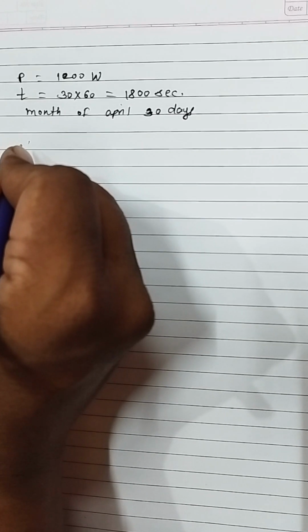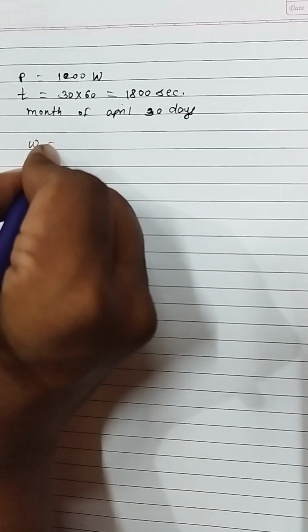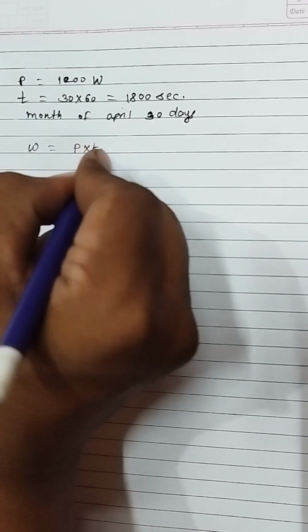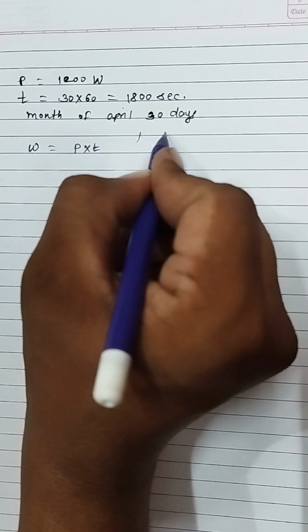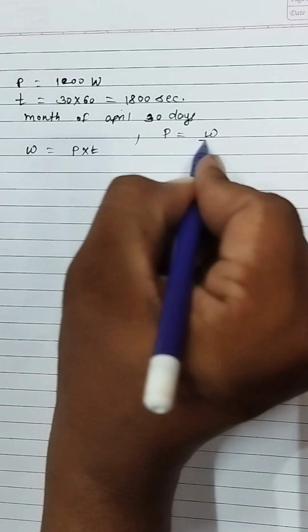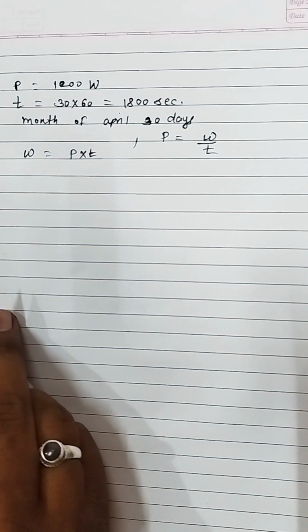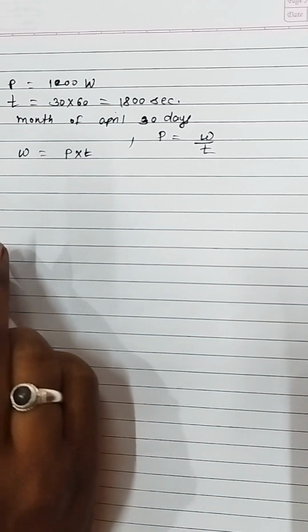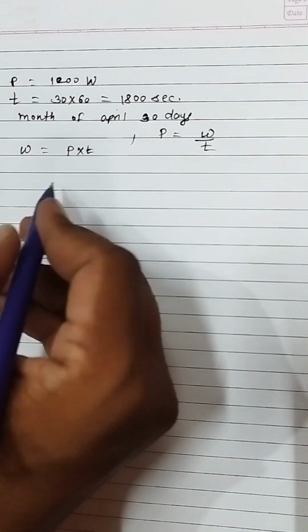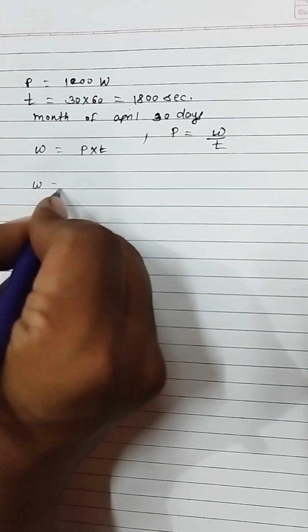Power is equal to work done upon time. We have to take work done as power into time. So we are going to rearrange this formula here. What will we get? Work done we have to find. W is equal to power